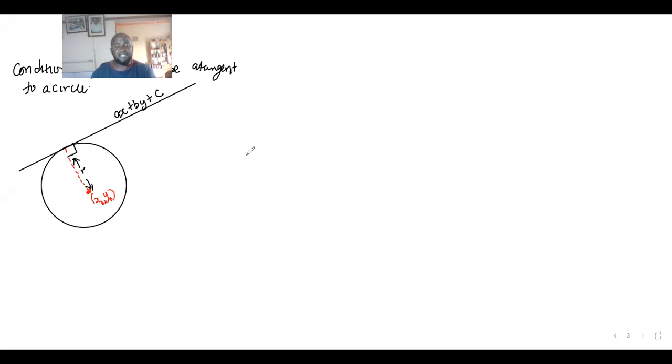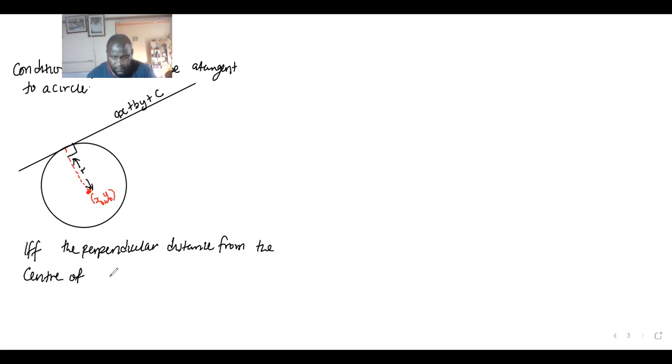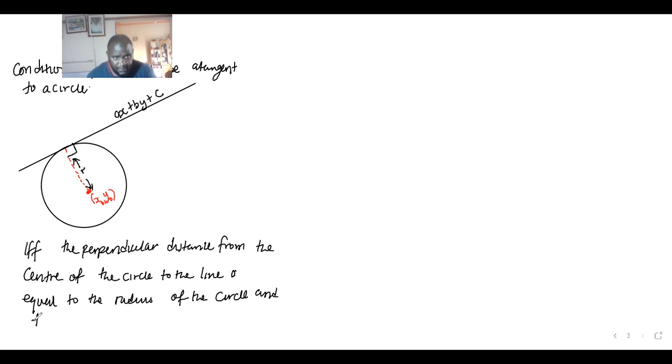So r becomes the perpendicular distance from a line. From coordinate geometry, a line is a tangent to a circle if and only if the perpendicular distance from the center of the circle to the line is equal to the radius of the circle. And thus, it implies that r